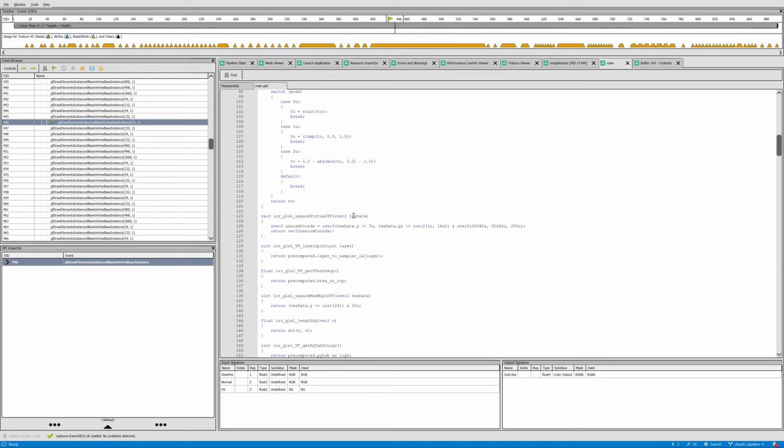Okay, text data. Okay, so we allowed for, if I remember correctly, I'm just gonna have to look in the C++ for this. Virtual texture. Virtual texture. Okay,